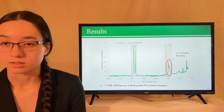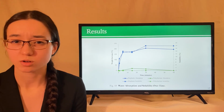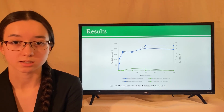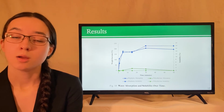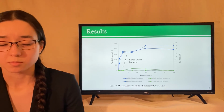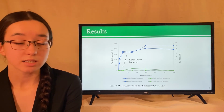down, and very long-lasting. So for the water absorption and solubility tests, the polyethylene samples didn't absorb almost any water or dissolve at all throughout the 1 to 60 minute period. However, the bioplastic samples saw a rapid increase in water absorption and solubility between minutes 0 and 5. After which, the water absorption and solubility tended to even out to ultimately reach 200% water absorption and 18% solubility